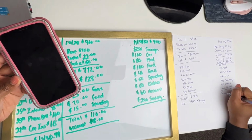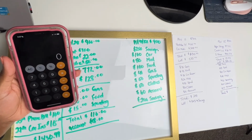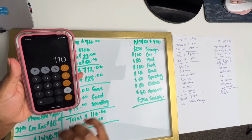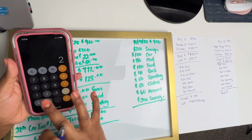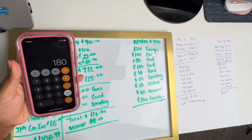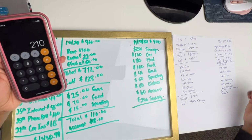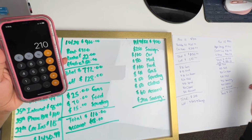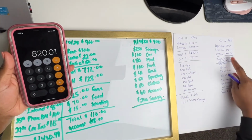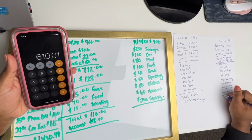So, total. And the total for this would be $30 plus $80 for food plus $20 for car repair plus $20 for med plus $30 for spending money plus $15 for clothes plus $15 for account. Total of $210, right? So if I go $820.01, which is what we had left over after our bills were paid, minus $210, I will be left with